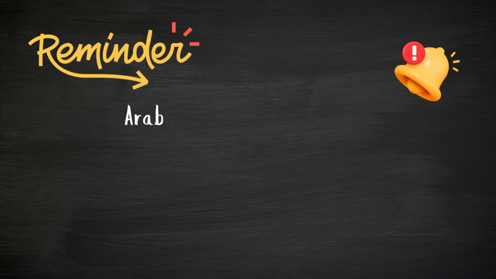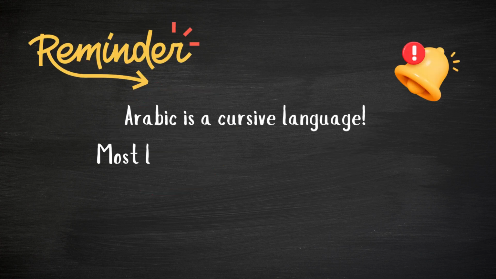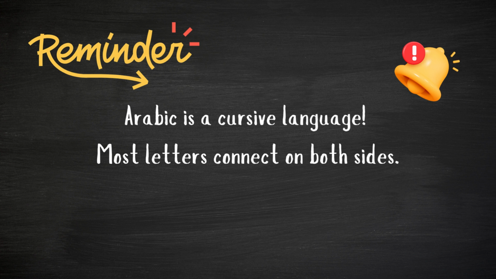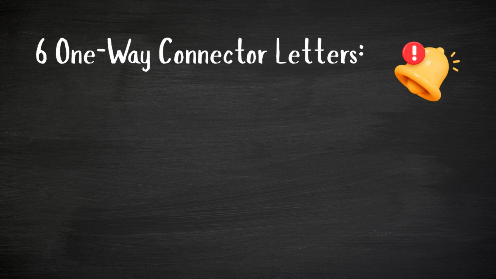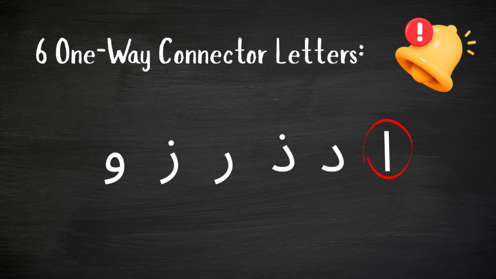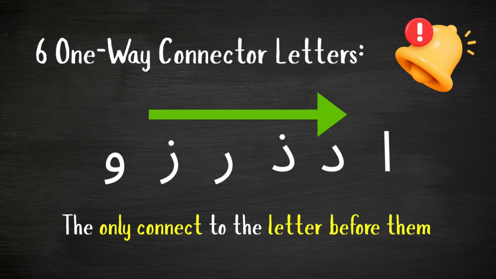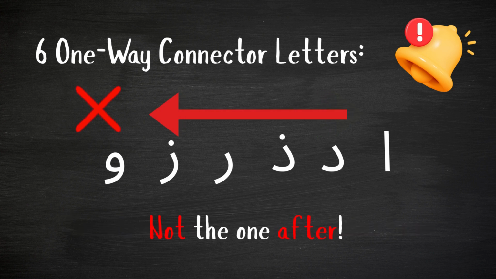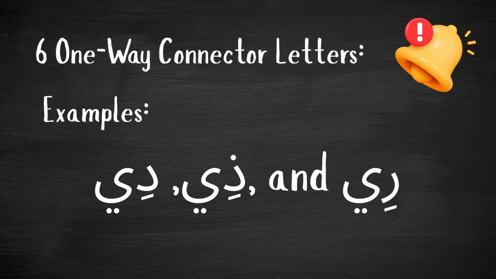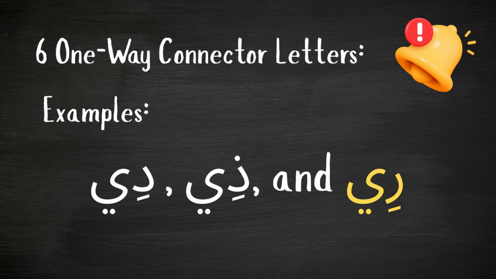Reminder: Arabic is a cursive language. Most letters connect on both sides. However, there are 6 one-way connector letters: Alif, Dal, Zal, Ra, Zay, and Waw. These letters connect only to the letter before them and do not connect to the letter after, causing a small break in the word. That's why in Di, Thi, and Ri, the letters look disconnected even though they are part